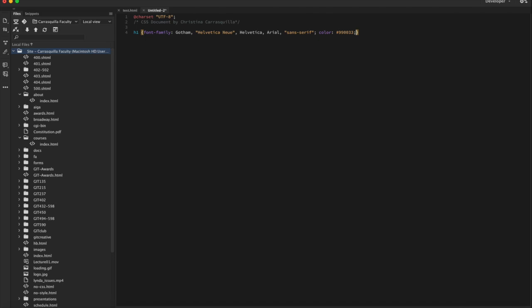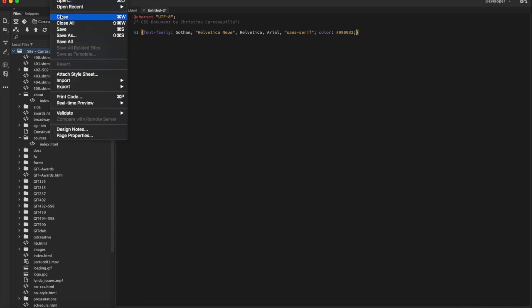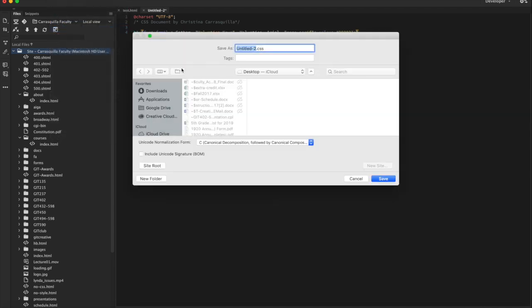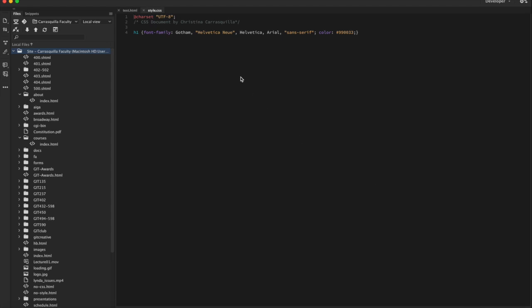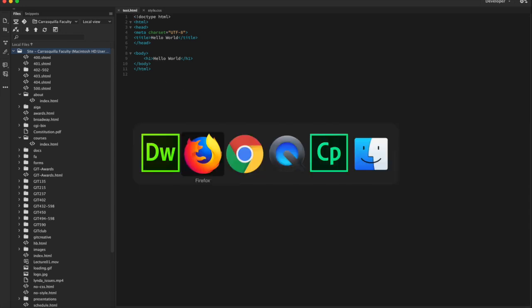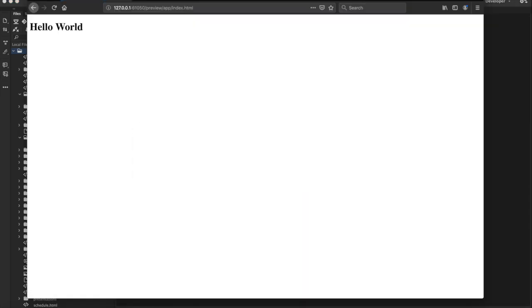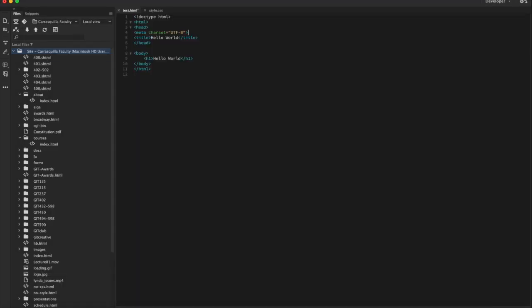So now what I want to do is save this document. I can see that it's not saved because it's got that star there. So I'll say save, and I'll save it as my style, and I'm going to put it in the same folder as I did my HTML document. So now I have style and I have test, but they're not connected in any way. If I go back to my Firefox preview and refresh, I'm looking at the same thing. It didn't do anything. All right, so now I'm going to link those two